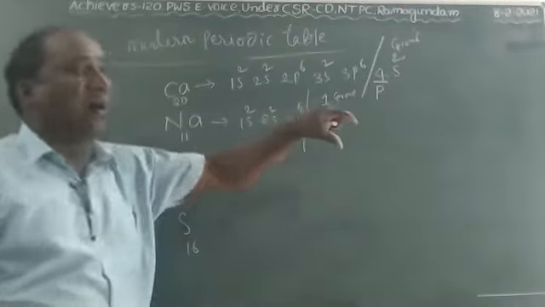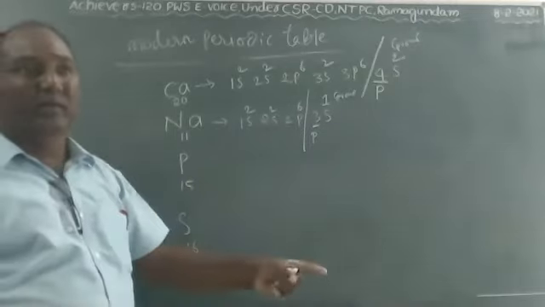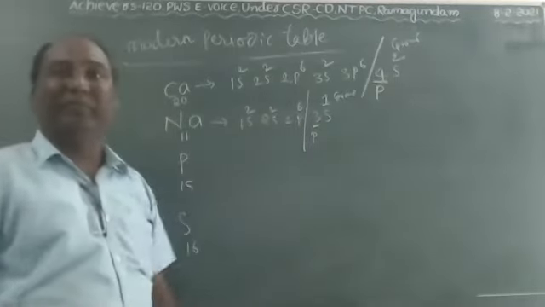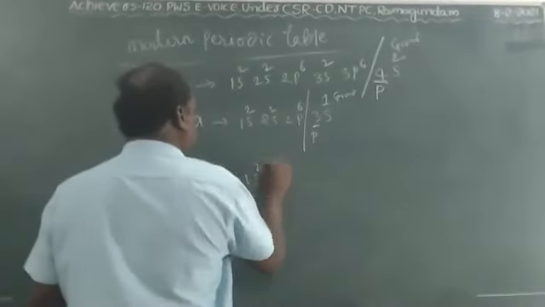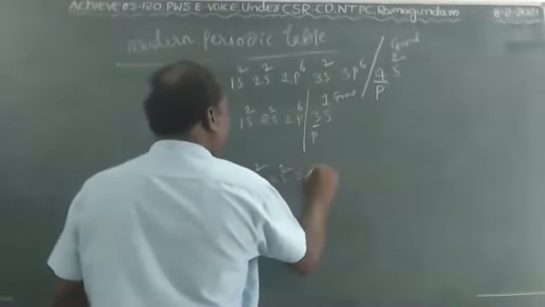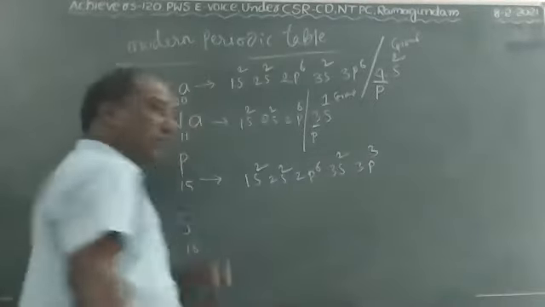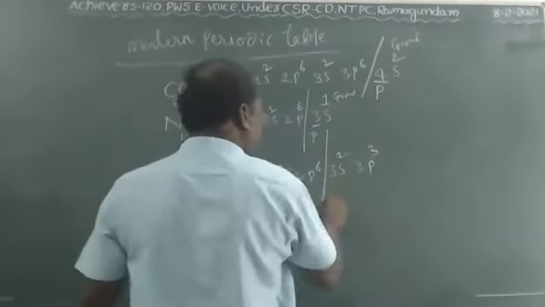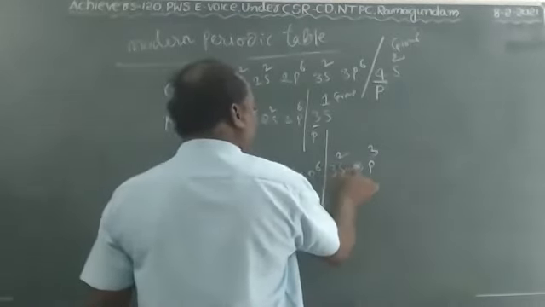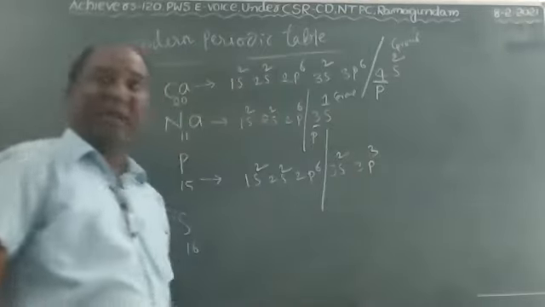Check the third period horizontal row: does sodium belong to the third or not? Does sodium belong to the first group or not? And the same way phosphorus: 1s2, 2s2, 2p6, 3s2, 3p3. Now the outermost is 3s and 3p; we consider these, so it belongs to the third period. Same block, 3s, 3p.